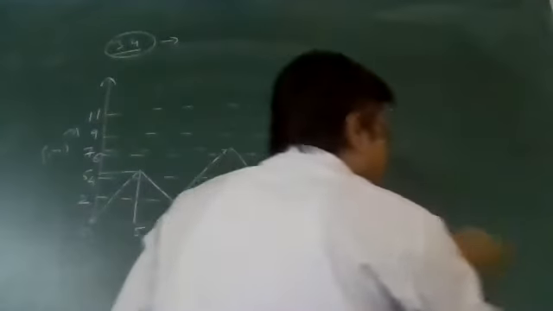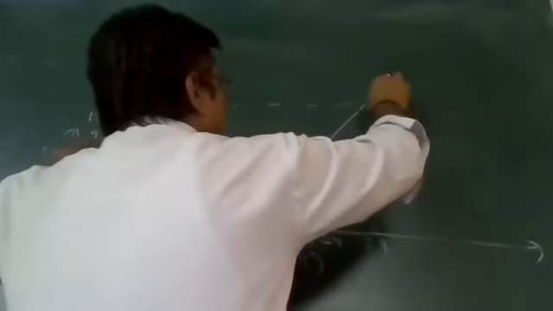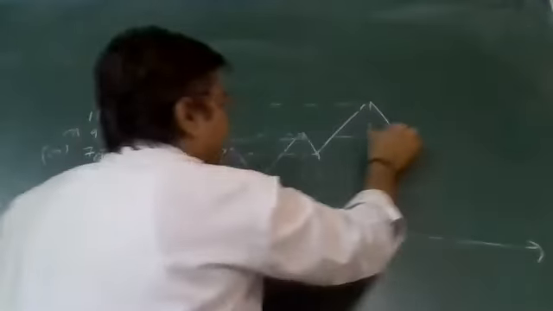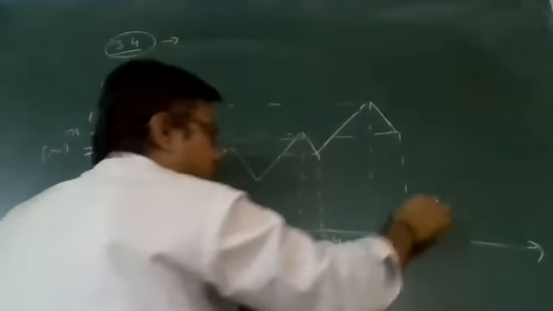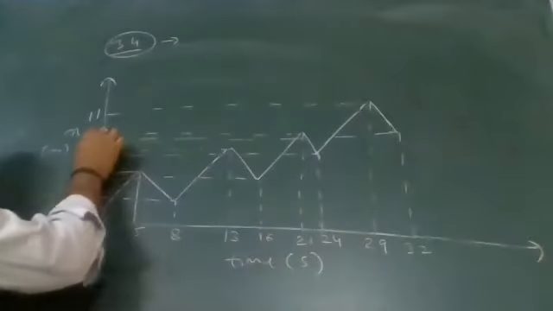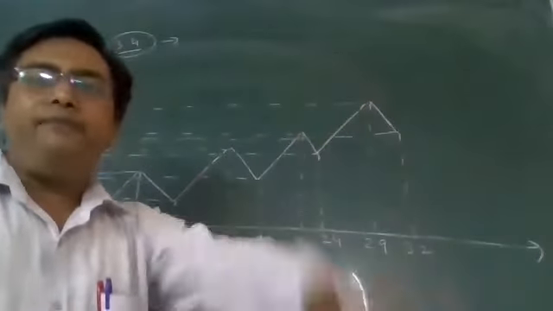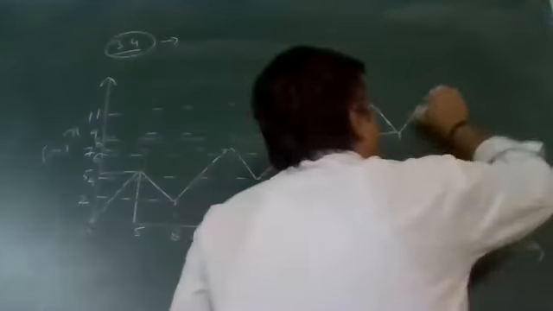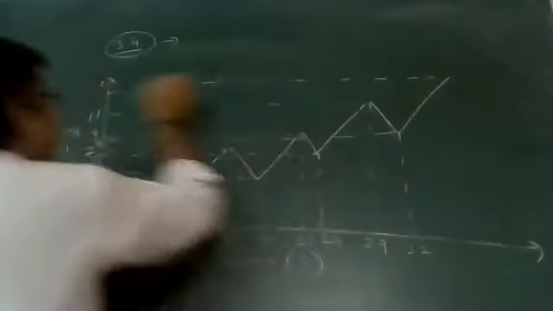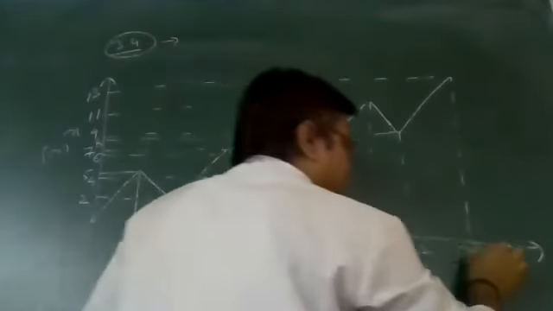After this, he will take 3 steps backward. It is 11, and after 3 steps back he will reach 8 meters. The time will be 29 plus 3, that is 32 seconds, and the distance is 8 meters. Now from this point he will again take 5 more steps in the forward direction, 8 plus 5. You will get 13 meters, and the time there is 37 seconds.